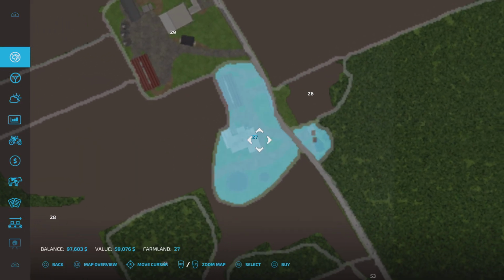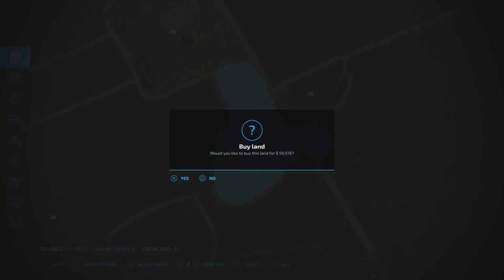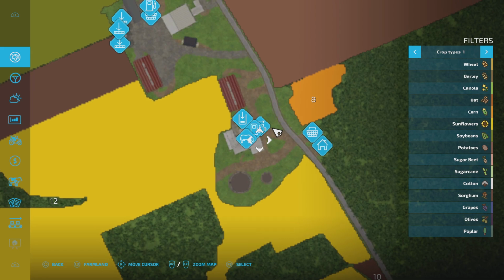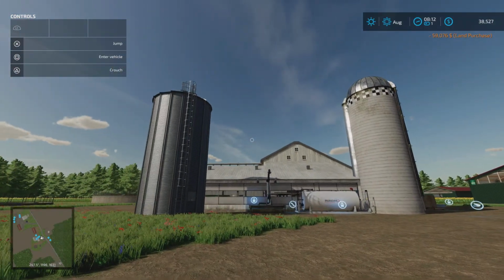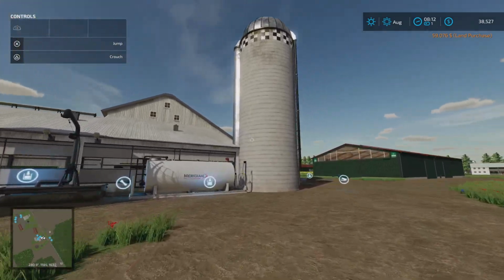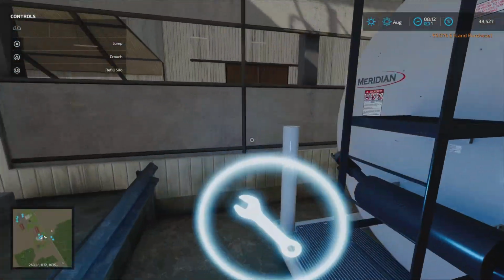Now I can purchase that with what money we've got, and then I'll put some government subsidy signs on there. So buy the plot, do that and that. We get a cow trigger come up. So this is where we've got a few different silos. We've got a fermenting silo here. We've got a fuel tank just here,